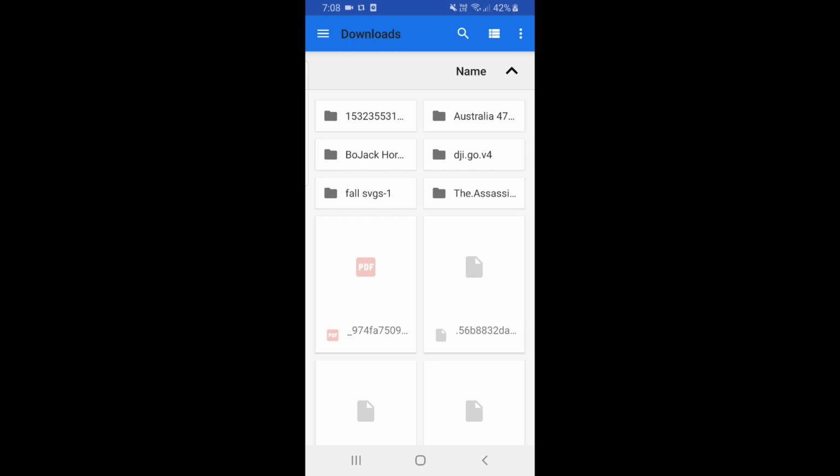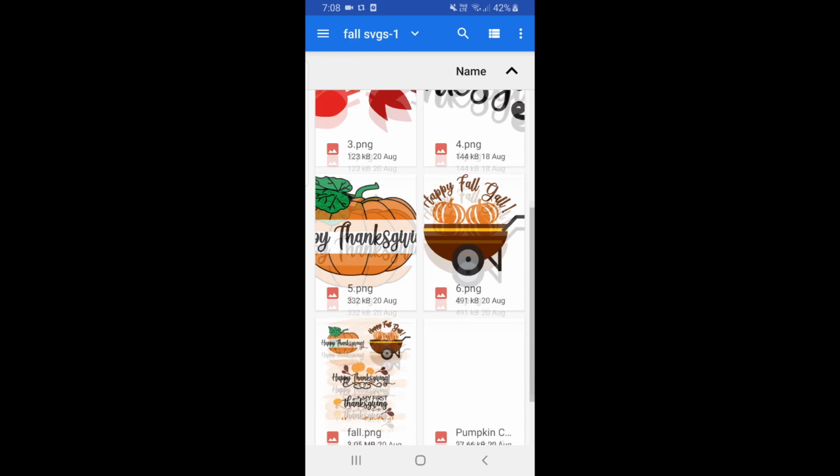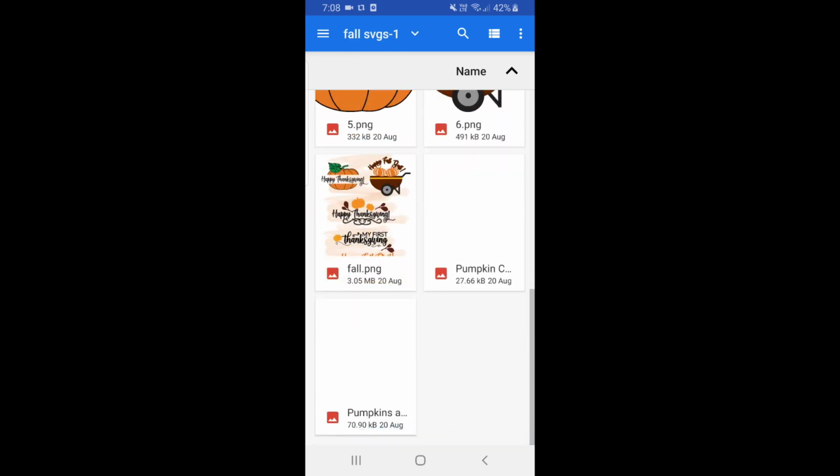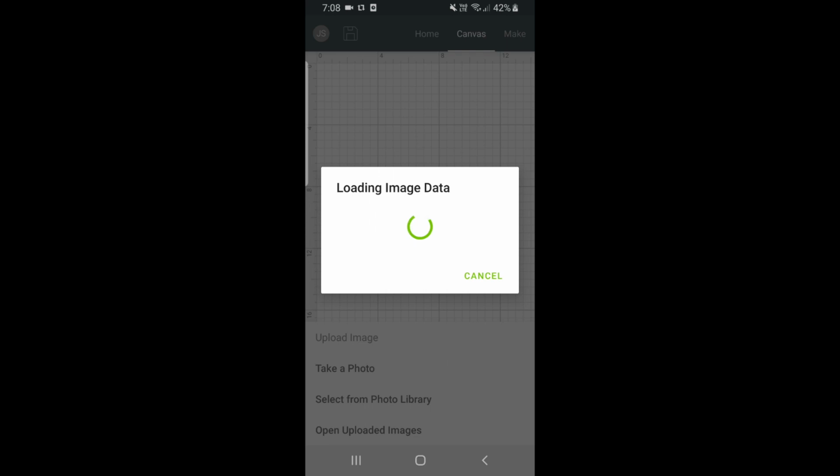So click on this folder, the Fall SVGs-1. This is the folder that we just created. Click on it and you'll find all of the files stored in the folder over here. We're going to work with the SVG file, and the last two over here are the SVG files. So just click on one of those